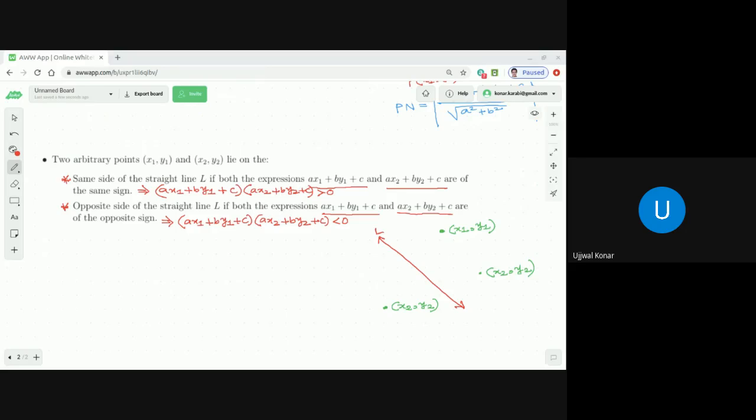And in the next class, we'll discuss the results with respect to two or more straight lines. We'll learn under what condition two straight lines will be parallel, under what condition two straight lines will be perpendicular to each other, under what condition the two straight lines will be identical to each other, if the angle between the two straight lines is theta, how we can find the value of theta, how we can find the coordinates of the point of intersection of these two straight lines, and angle bisectors,